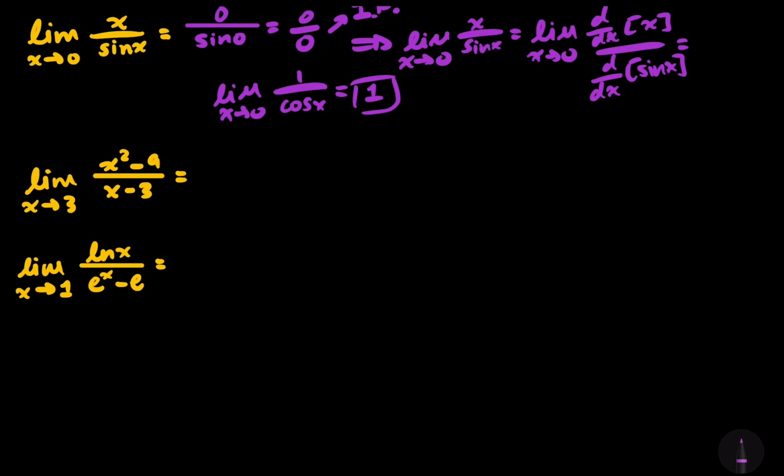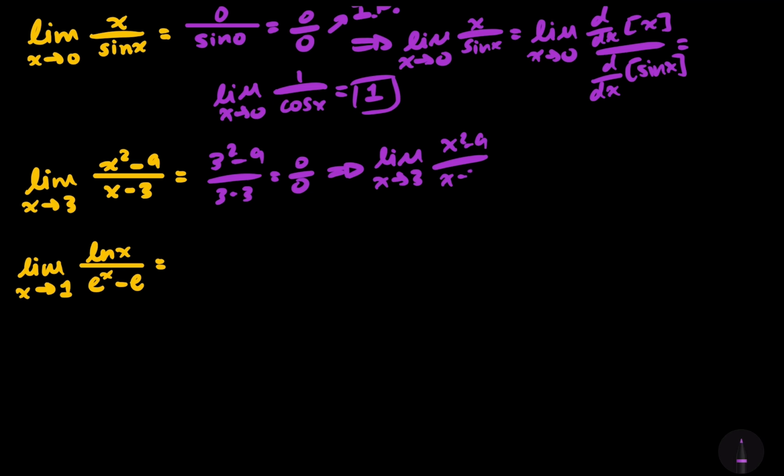So let's do that for another example. The limit as x approaches 3 of x squared minus 9 over x minus 3. If we're to use direct substitution here, we would get 3 squared minus 9 over 3 minus 3, which is obviously 0 over 0. And so we can use L'Hopital's rule again, and that tells us that this limit as x approaches 3 of x squared minus 9 over x minus 3 is going to be